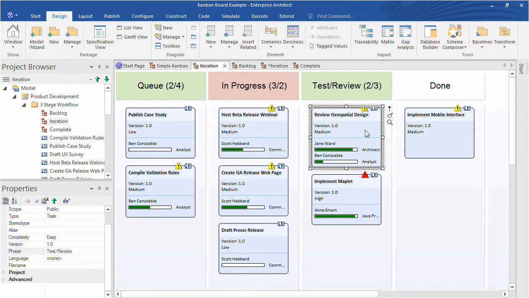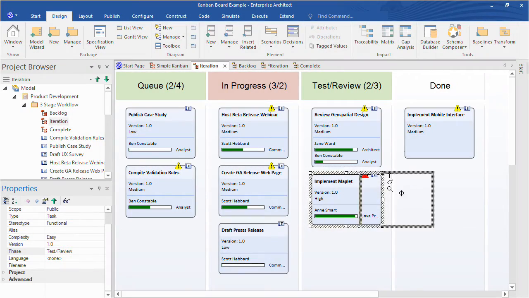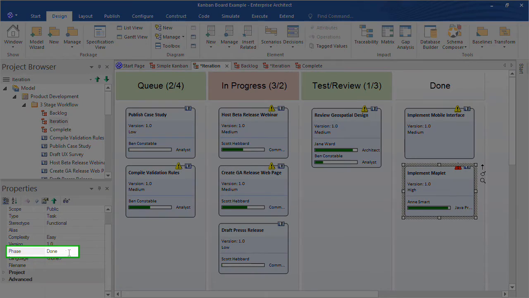So I can quickly see what the work items are. And just as before, as we move work items along the columns, so I've got the implement maplet here under test and review. Well, it's got a phase of test and review. As I move it across into the done column, then refresh, you see that its phase is updated as before.